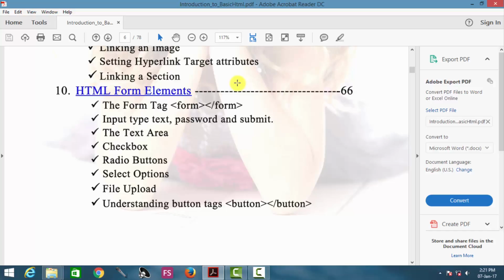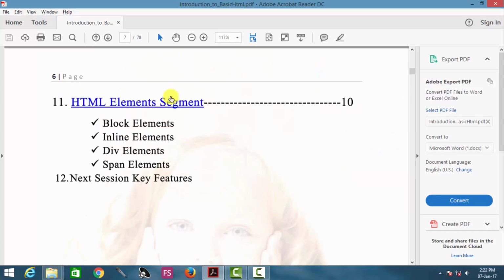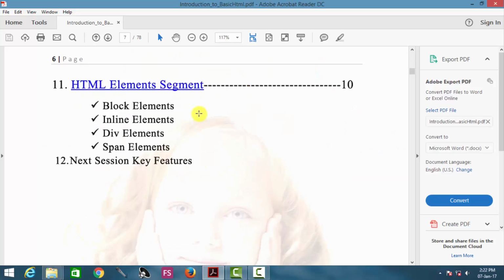Apart from that part, going into the dashboard and doing some stuff, chatting on Facebook, or sending emails to your colleagues in your Gmail account, all those things come under the programming section that won't be discussed here. But in this case, we will be concerned with how to create those form elements and how to make them appear in your web page. So this is the HTML form elements.